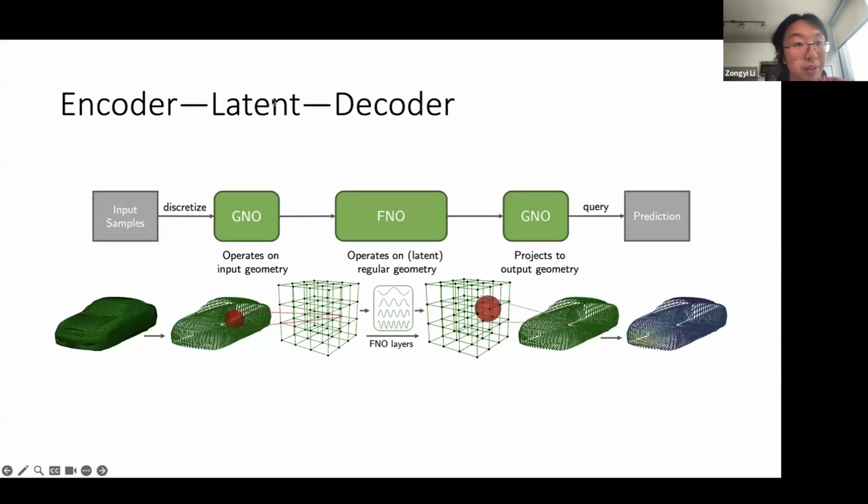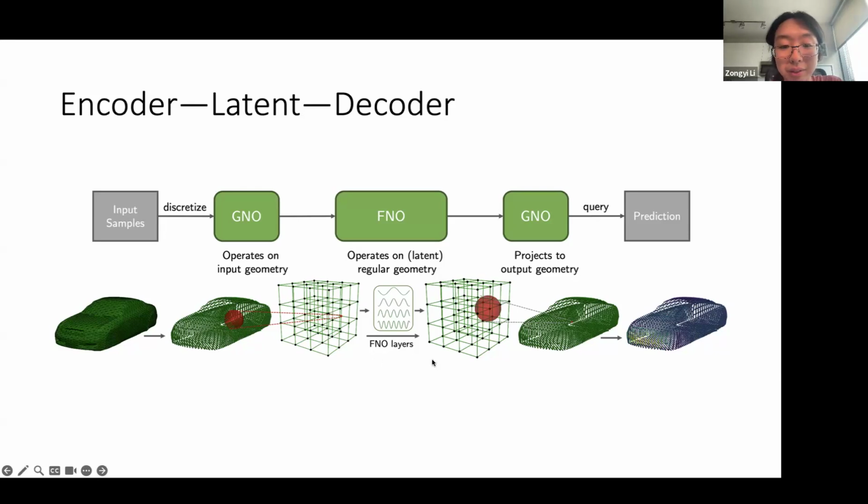One straightforward idea is to embed the input mesh into a uniform latent space where we can do efficient computation. It's kind of similar to the immersed boundary case: we just put a uniform mesh in the latent space. Given the input mesh, we connect all the points using a graph method or graph neural operators that do an interpolation, or learned interpolation, to go from the input mesh to the latent mesh.